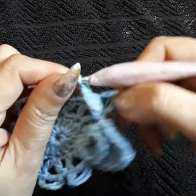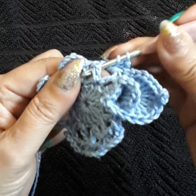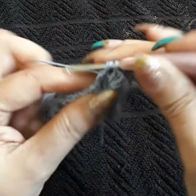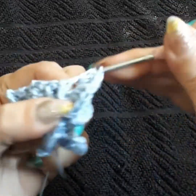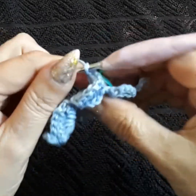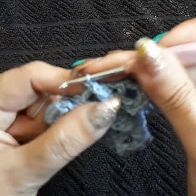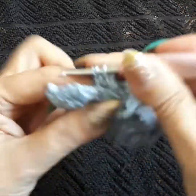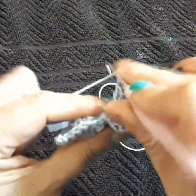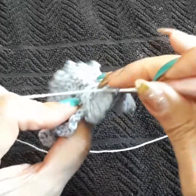Now I'm going to pull it up because I don't want to crochet over it. I'm going to work on the going down double crochet. So I'm going to turn my work sideways. 1, 2, 3 double crochet. I'm going to turn again because I am going to work on the double crochet coming up. So I'm going to do 3 more double crochets. So 3 double crochets. I'm going to turn my pattern again, and I'm going to work on my back loop,